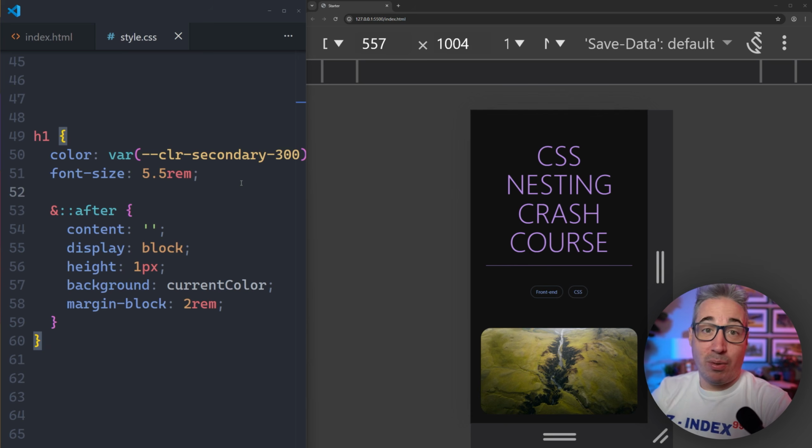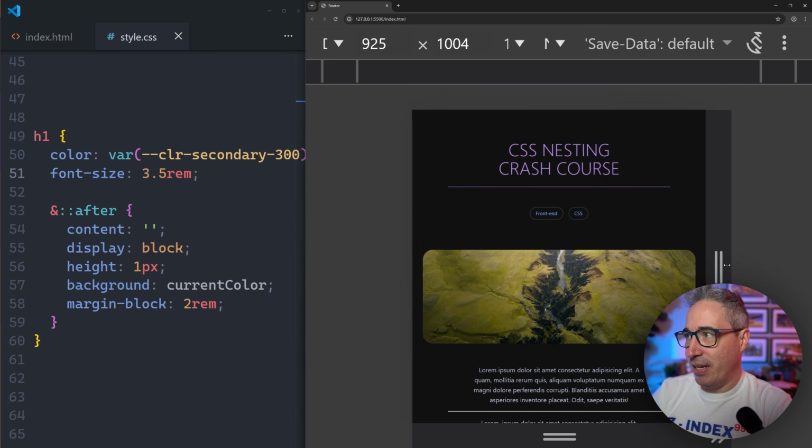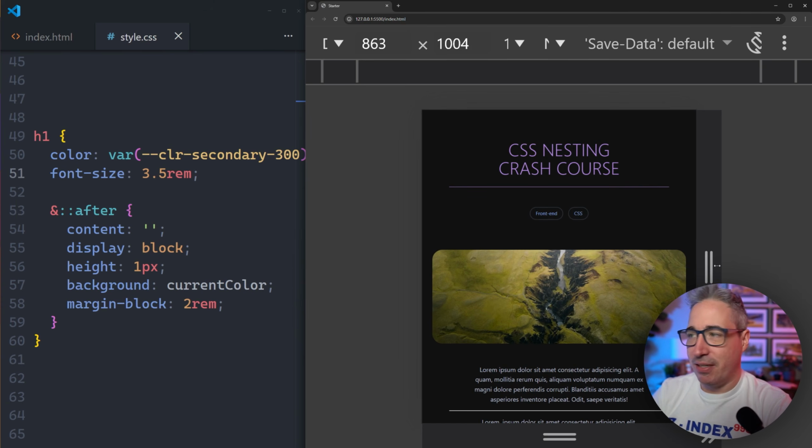So what can we do? Well, what we usually do is have a media query, and we can nest media queries, which is my favorite thing in the world. And so I only want this at larger sizes. So maybe at this smaller screen size, I want like a 3.5, let's say. So there we have this smaller font size. And when we get up to maybe about, I don't know, 860 pixels,